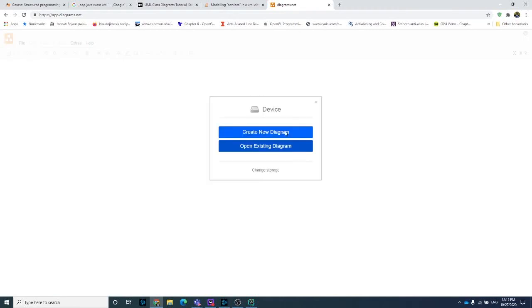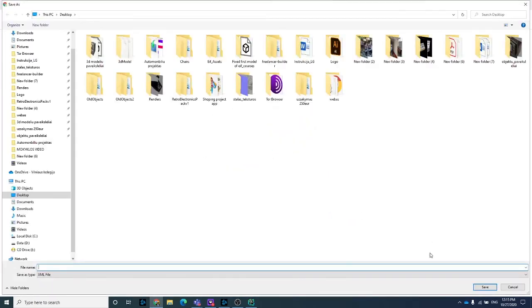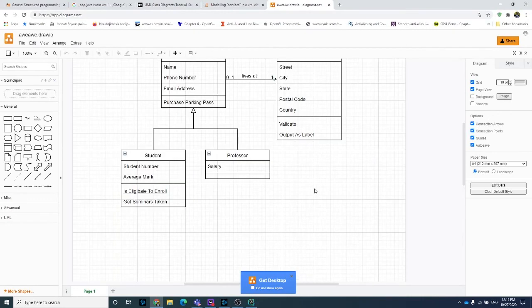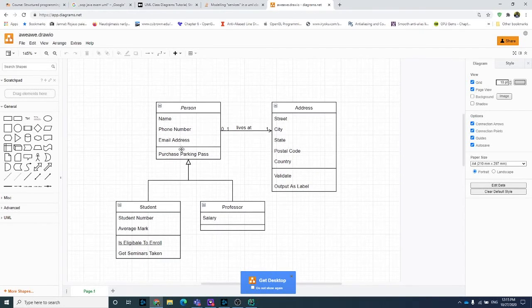It doesn't matter where you store it. Create new diagram. We pick the class diagram, and oh, we already got some diagram here. Okay, here is the example one, and when you have some diagram, for example, we have the person, address, professor, and student, and you're able to purchase parking pass, validate, output as a label, for example, we creating some label,